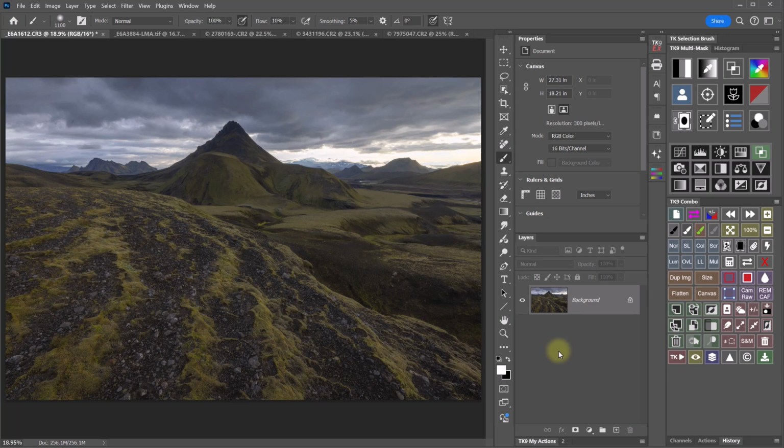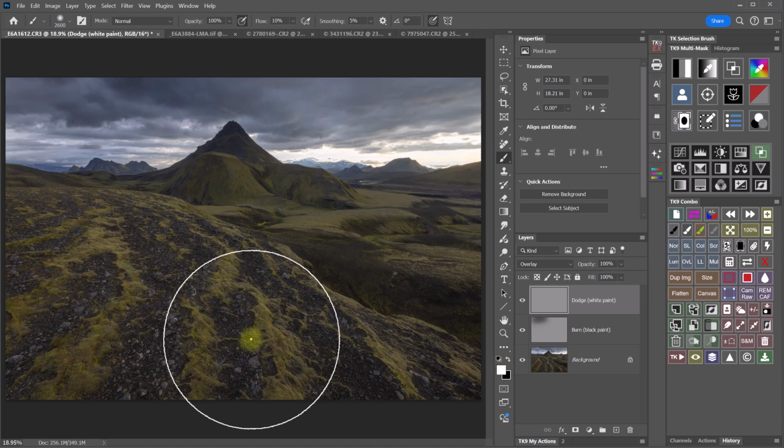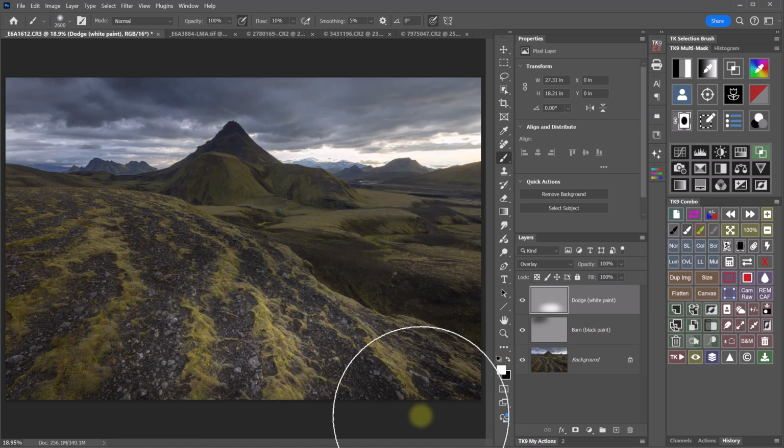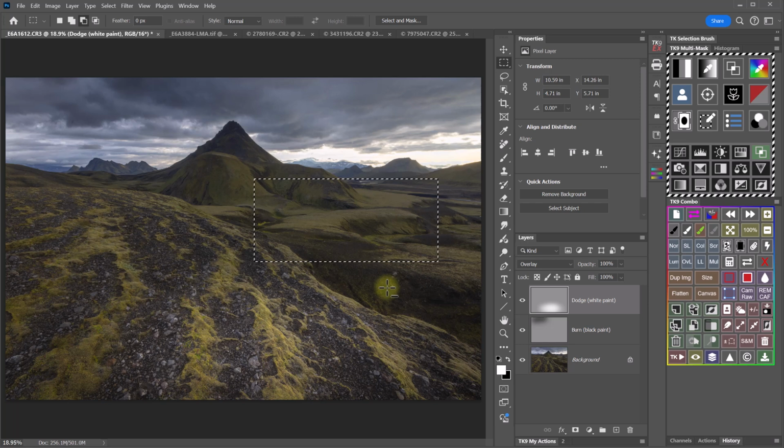The TK plugin can create burn and dodge layers for you with these buttons right here. So if I want to create a burn layer, I click there. That creates a 50% burn layer, loads a black brush, and now wherever I paint, darkens. Or if I create a dodge layer, that creates a 50% gray dodge layer, loads a white brush, and wherever I paint, lightens. If I were to create a rectangular selection, now that selection will act like a stencil, but